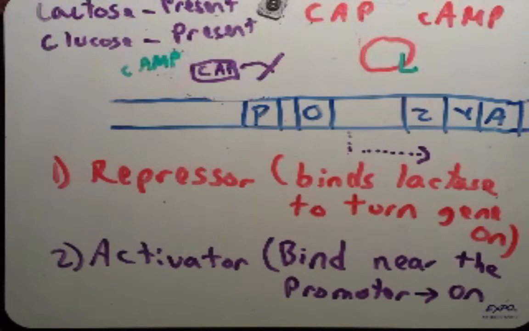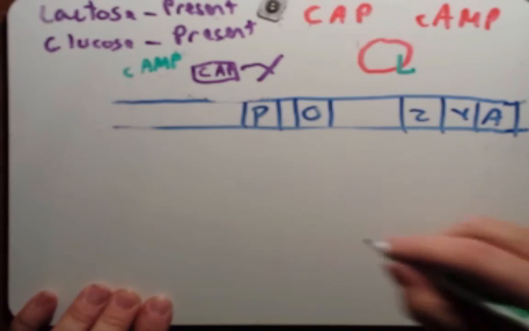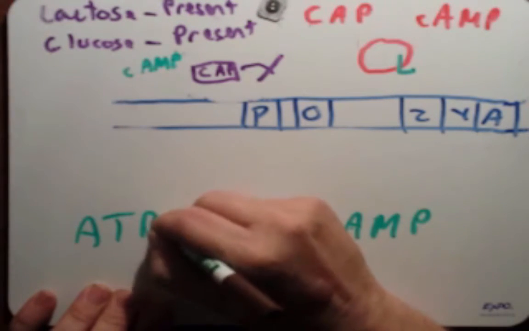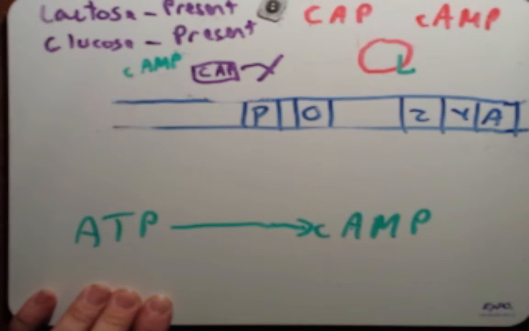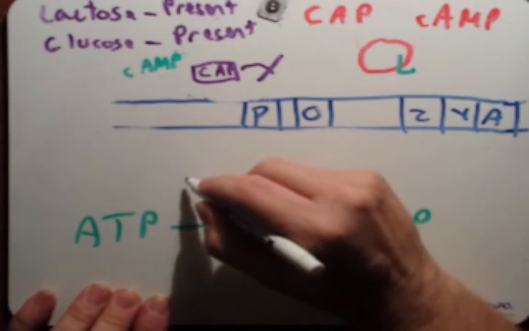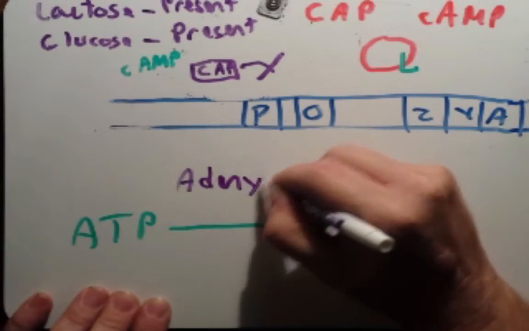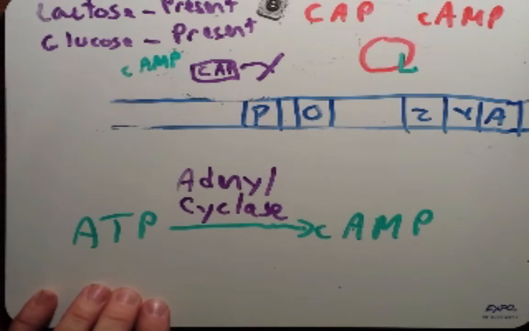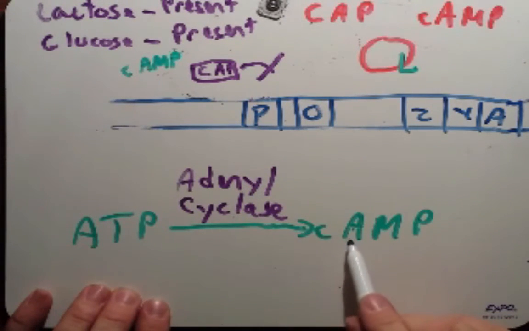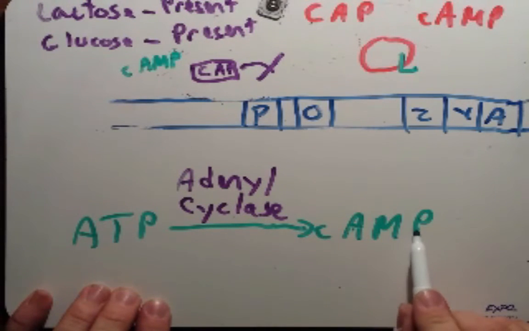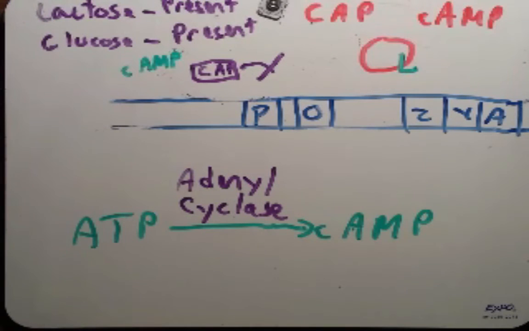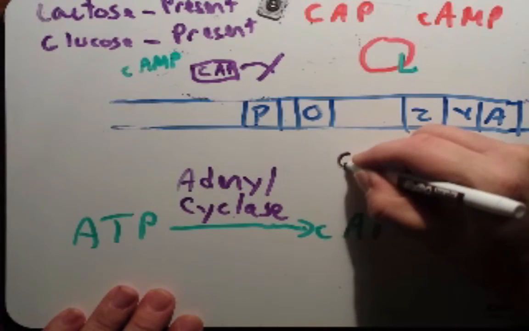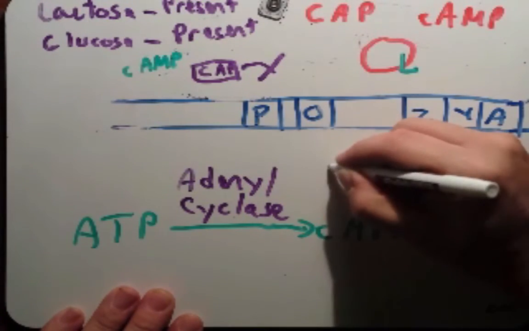I'm going to erase what's on the bottom here so I can draw this out. It turns out that we make cyclic AMP from ATP. And we do this using an enzyme called adenyl cyclase. So as long as you have adenyl cyclase in the cell, you're going to make cyclic AMP. As long as you're making cyclic AMP, it's going to be able to bind to CAP. So what glucose does, by a mechanism we don't need to worry about right now, is this: